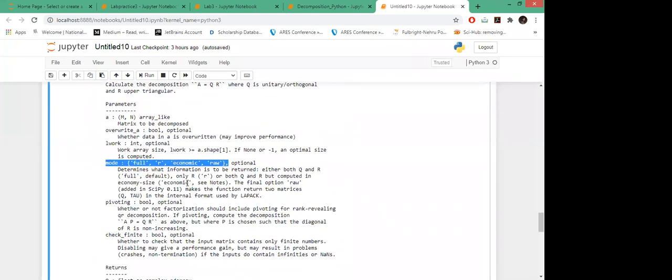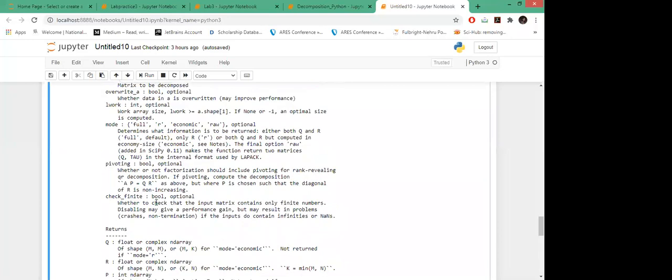If you want only R, then you just pass r, and for economic size we have to see what it is. The final option, raw, makes the function return two other matrices, Q and tau, in that format. There is also pivoting, and a check whether the input matrix has finite numbers or not.